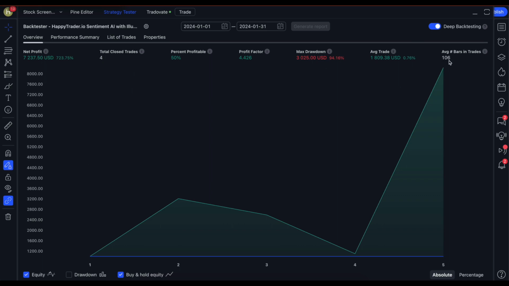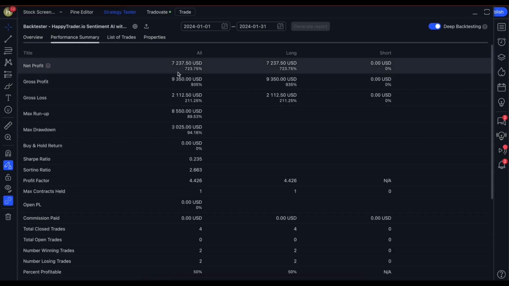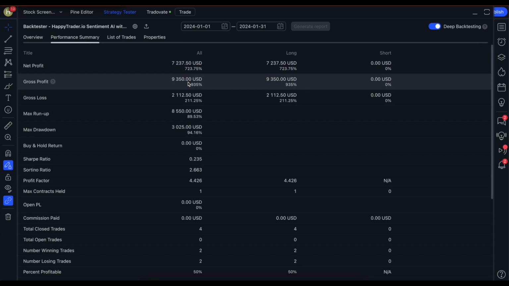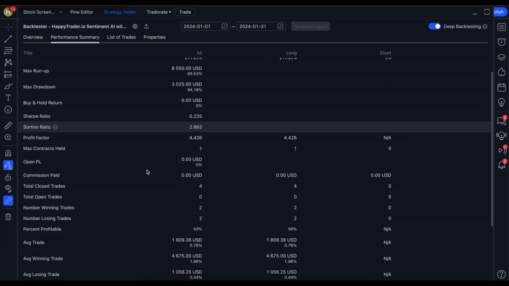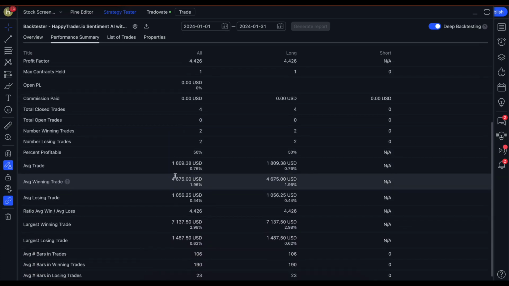It's going to be kind of interesting. But there's probably a chance to take profit there. So let's actually go ahead and look at that. Let's look at the performance summary. You can see the net is just the gross profit minus the gross loss. You get your net. And then you can see a lot of other cool stats here, like, again, that average